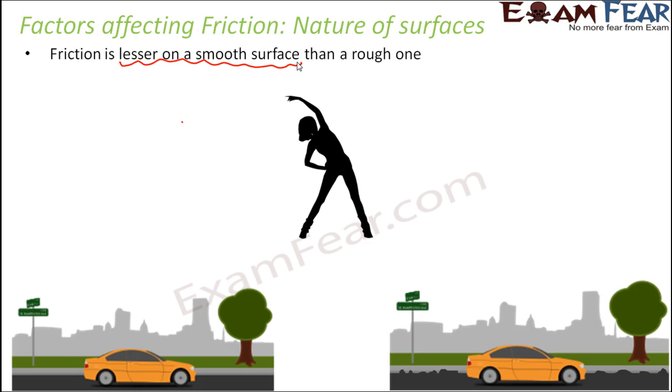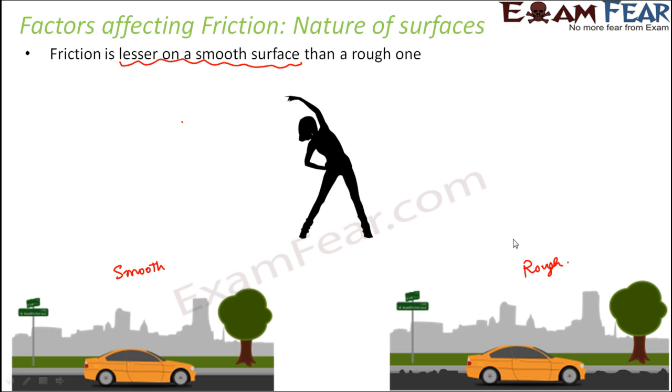Just try driving your car on a smooth road versus a rough road. So a smooth road with lesser bumps and a rough road with a lot of bumps, a lot of uneven stones and rocks here and there. So these two types of roads, what do you see? That more force is needed to be applied to make the car move on a rough surface, because here you have a lot of bumps, ups and downs, so you need to apply more force to drive your car because your car finds it difficult to move on a rough road.